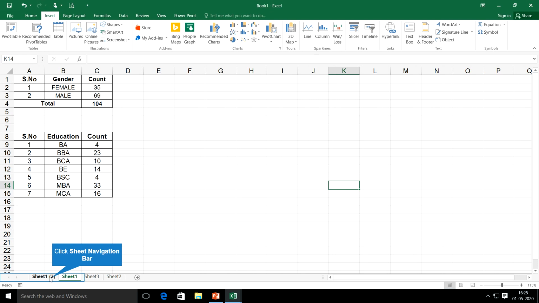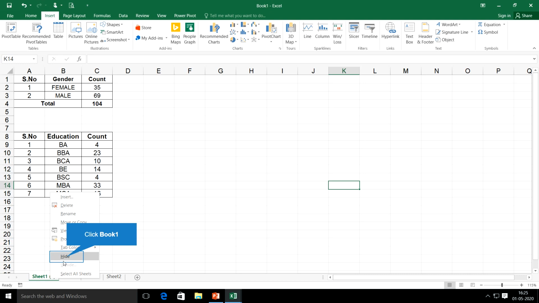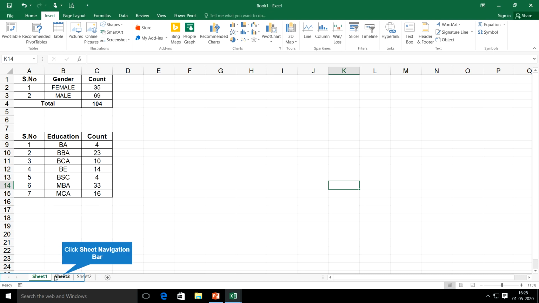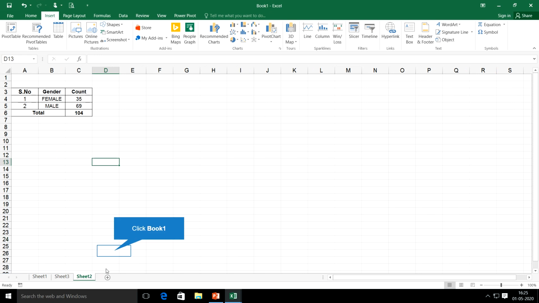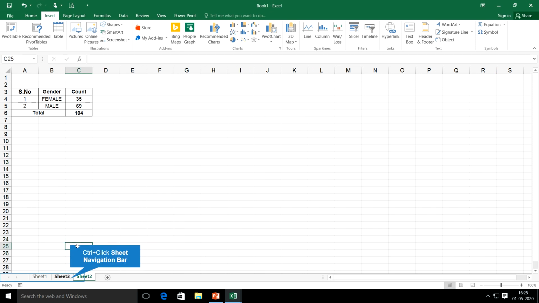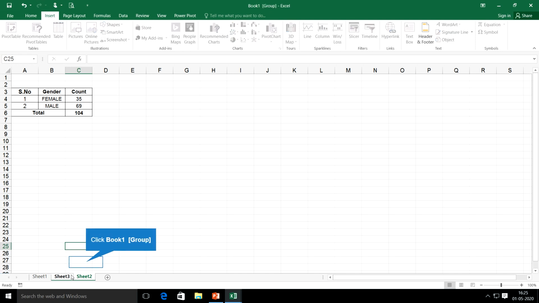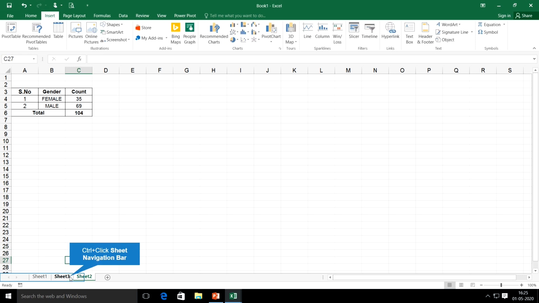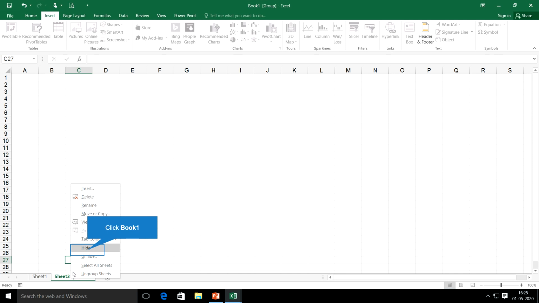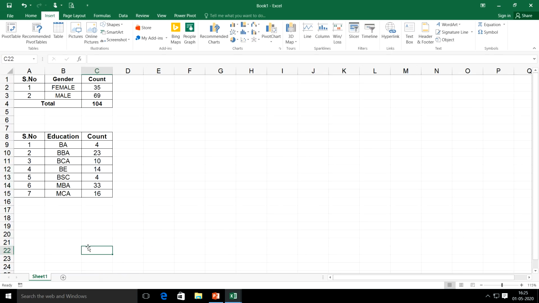Okay, so what I can do is simply select that sheet, right click on your mouse, click hide. Sheet number 3, sheet number 2, the same way you can do. It is not necessary to do one by one. You can even select multiple sheets by pressing the control button on your keyboard. So sheet 2 and sheet 3 I am selecting simultaneously and right click on your mouse, click on hide. So this way you can hide all the sheets whatever you want to hide in your sheet.